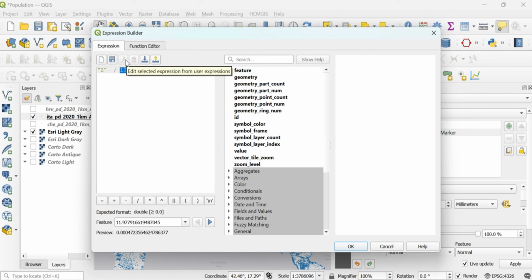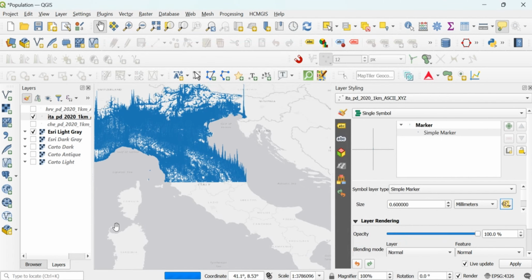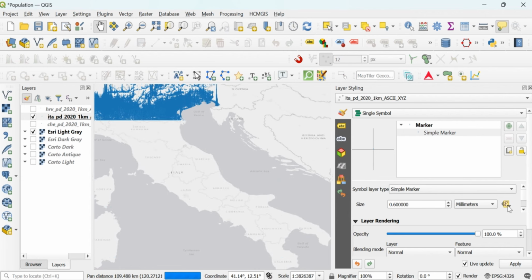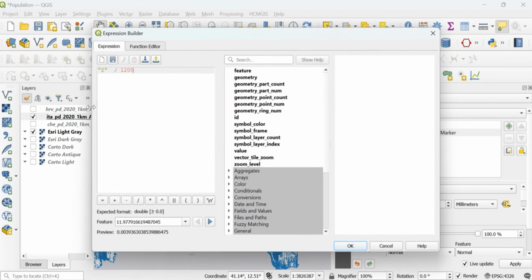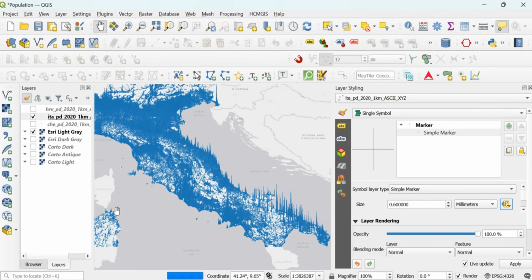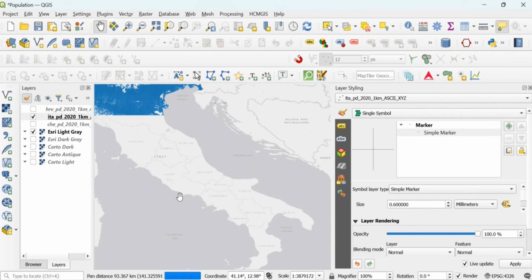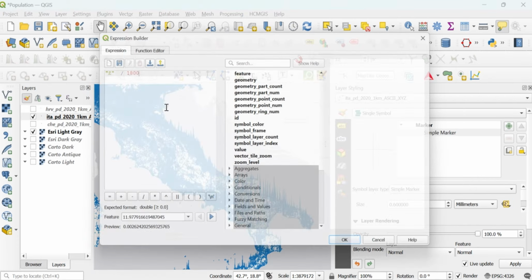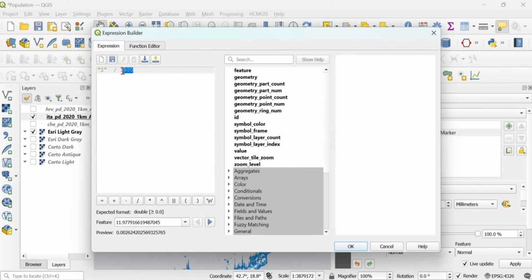So let's say 200. We can try 800. Yes, now it seems to be working a little bit fine. So maybe we can still increase it a little. Let's make it 2000.